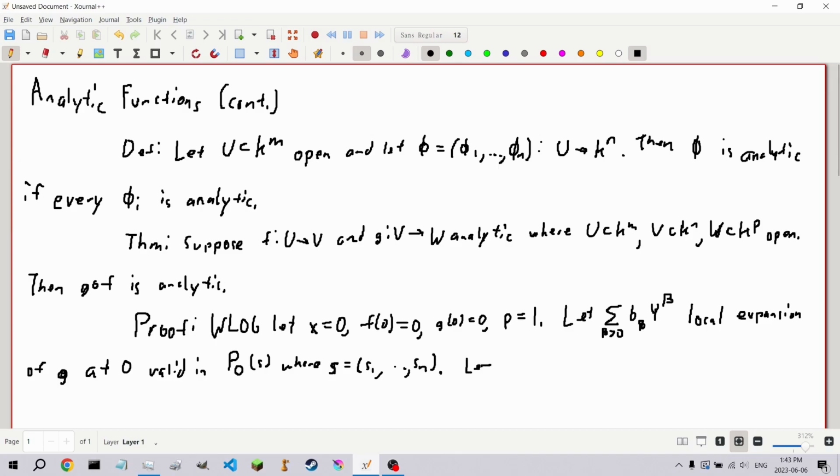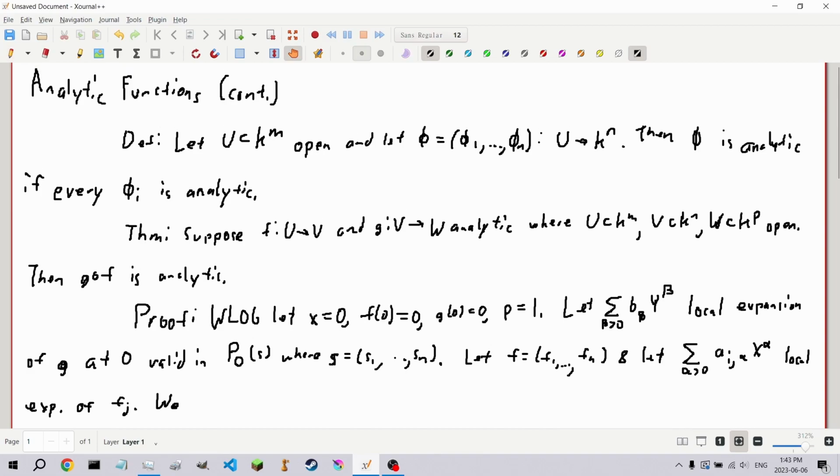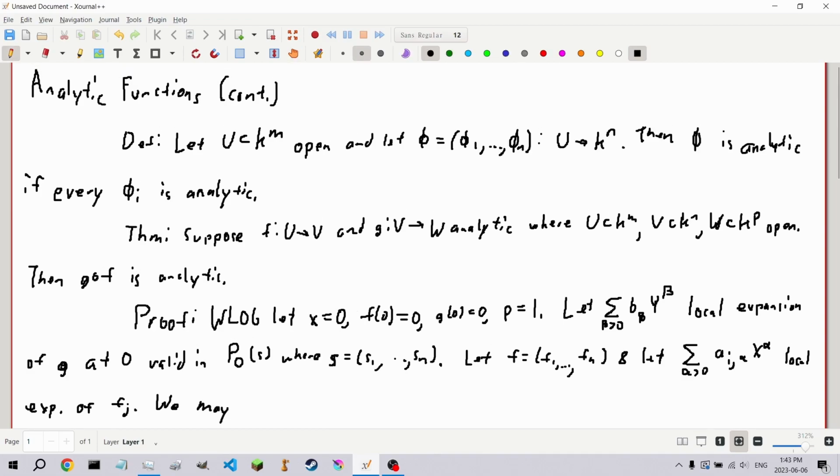And we can break F up into its components, F1 through Fn, and we're going to look at an Fj, and we're going to let the sum over positive alpha of a sub j comma alpha x to the alpha be a local expansion of f sub j. We may choose